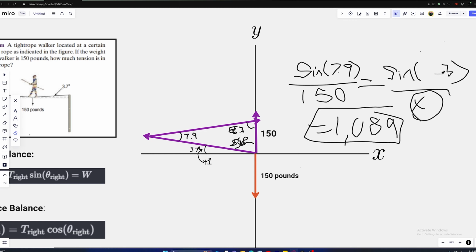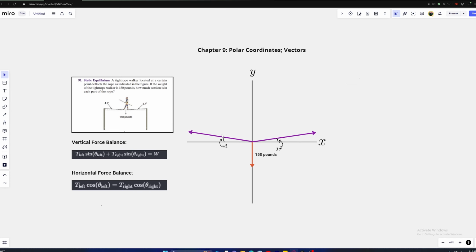Let's use an eraser. Change this number to this angle, 85.8. Doing that, you'll get almost the exact same number, except this will be 1088. And by doing it this way, I believe this method's the fastest, but you find the magnitude of the tension. Now the second method is using